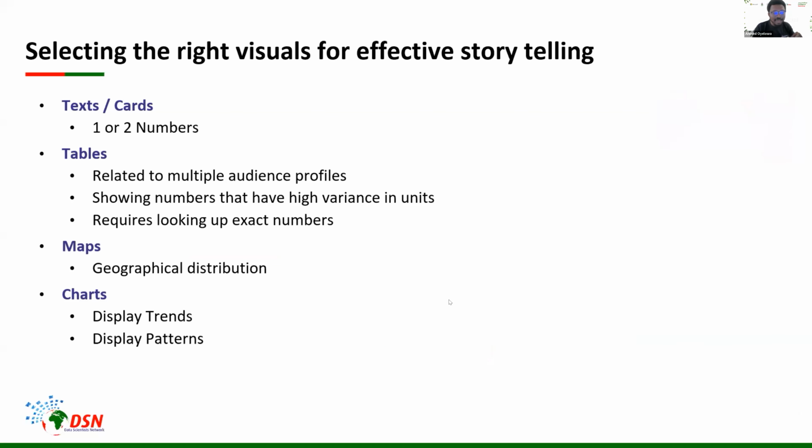Okay, now, finally, not like finally, but major finally, we have charts. So charts are used when we need to display trends or we have to show patterns. Which simply means we want to communicate the information by showing the trend or by showing the pattern without necessarily showing the exact numbers. So the exact numbers are not important, right? So think about the CEO of an organization that wants to see the performance of the maybe different products that is being sold in that organization.